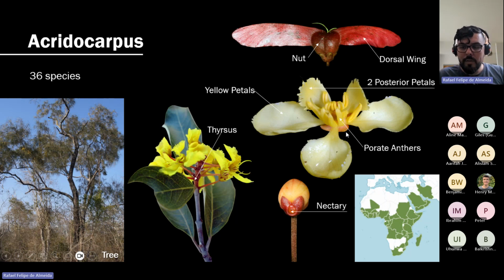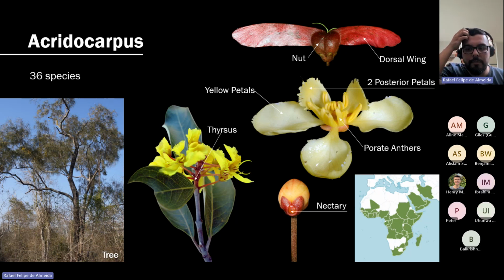Because since we don't have oil collecting bees in Africa, and they had to adapt to new environments, their ancestors kind of changed, not willingly, but over time, the morphology of their flowers changed to adapt to local pollinators. And instead of offering oil as the primary resource to the pollinator, these flowers are now offering pollen. So instead of having a single dorsal wing, they have now two posterior, not two,